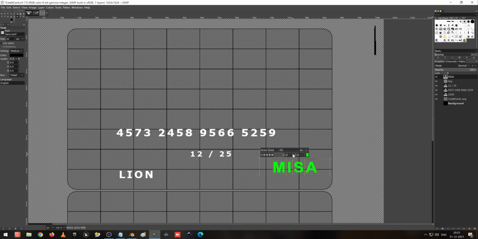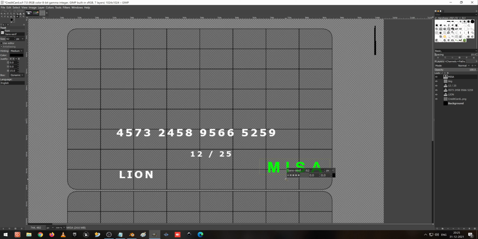I give some spacing for this, so it's not working, so I just add it here. Oops. Okay, I change it here, give the spacing for that. That's also not working, very bad. Now it works. So Misa, fine.